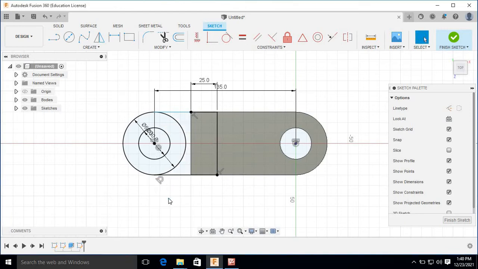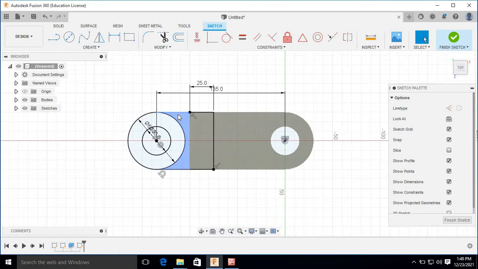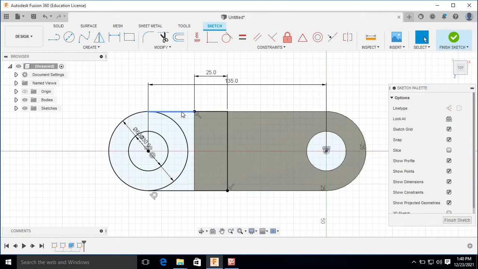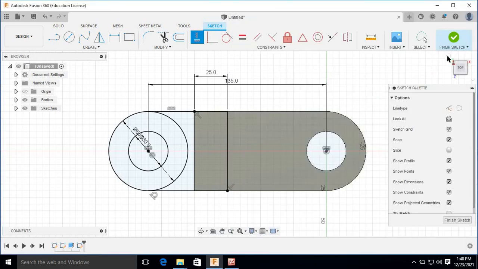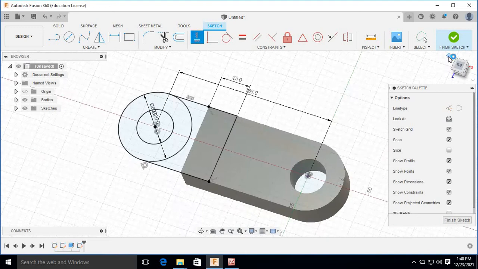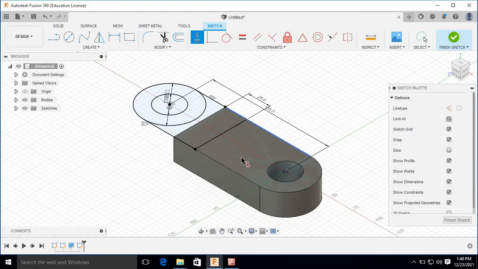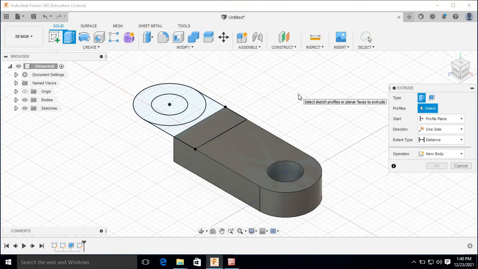Okay. So here this line is not fully constrained, so select this line, make it horizontal, so it will be fully constrained now. Okay, so I have drawn plane at this location. If you want to visualize, then you can click on this home so that you can see the view. Okay, now here,